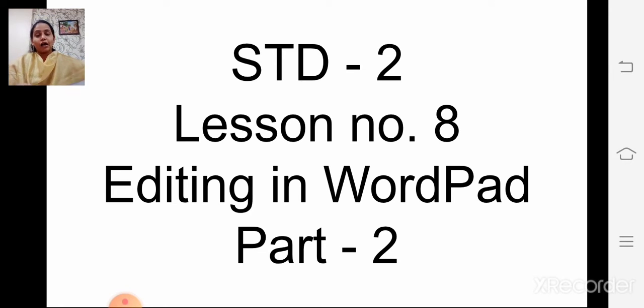Now children, also we have seen editing a document. Editing means making changes in the document. Then I showed you how to do copy and paste in the WordPad: how to copy the text and paste it.